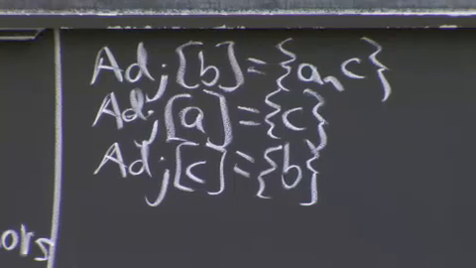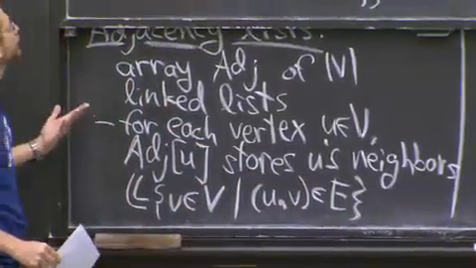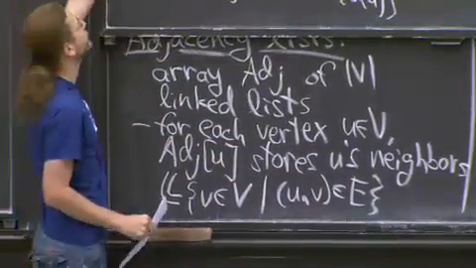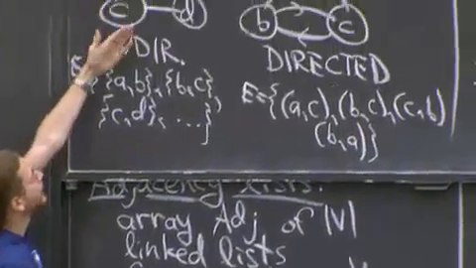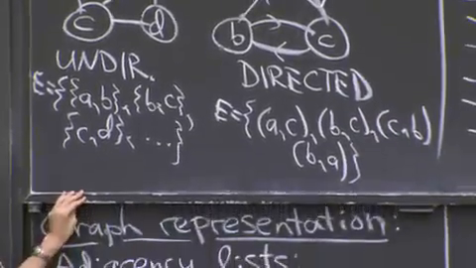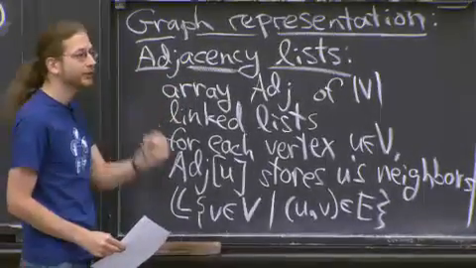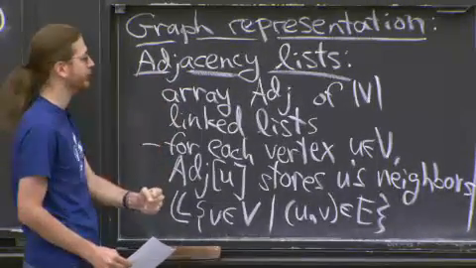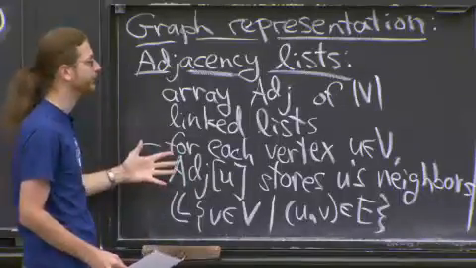For undirected graphs, you just put braces here, which means it's the same thing. For here, ADJ of c is going to be a, b, and d, because you can get in one step from c to a, from c to b, from c to d. For at least graph exploration problems, this is the representation you want, because you're at some vertex, you want to know where can I go next. And ADJ of that vertex tells you exactly where you can go next. So this is what you want.